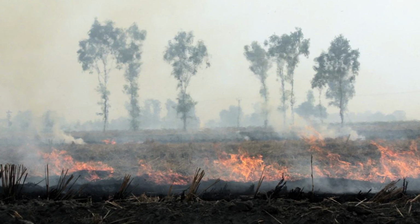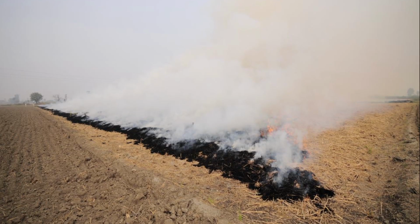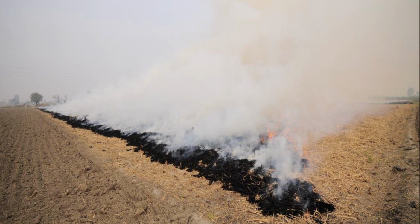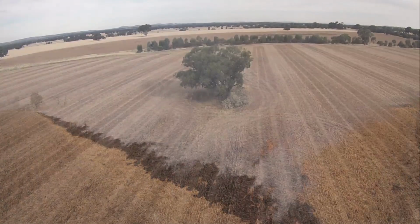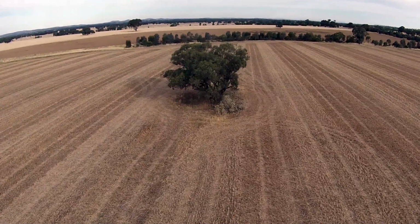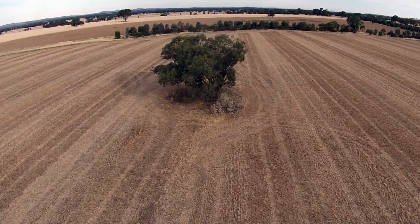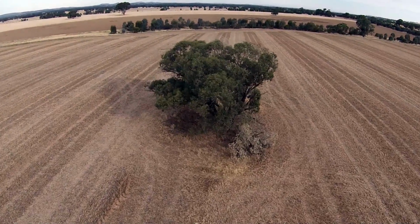Stubble burning is often a big contributor to the incremental loss of paddock trees over time. Fire breaks and stubble retention can help avoid this. Cropping too close is also bad news, but that can be easily avoided too. Addressing other key threats like spray drift and fertiliser application near trees are all positive actions that can be taken